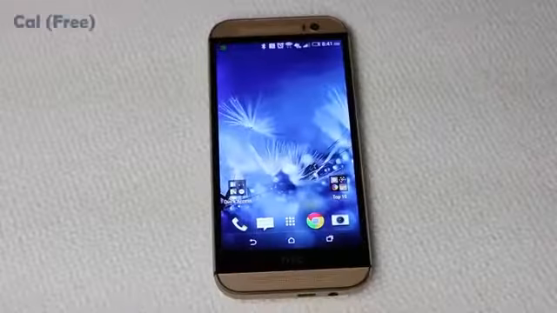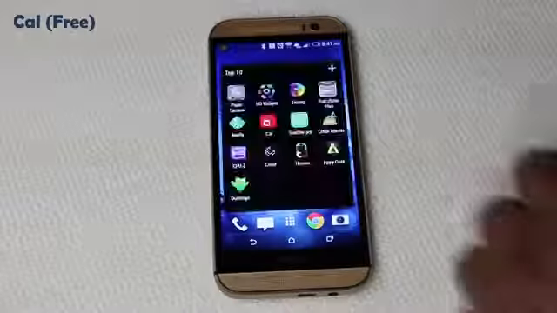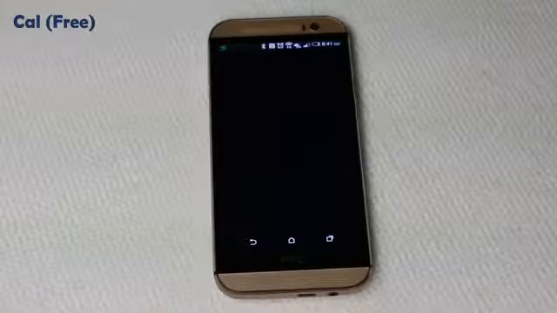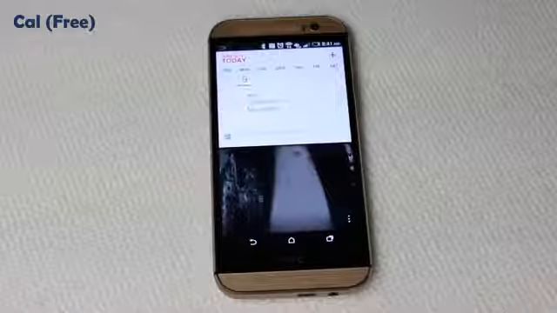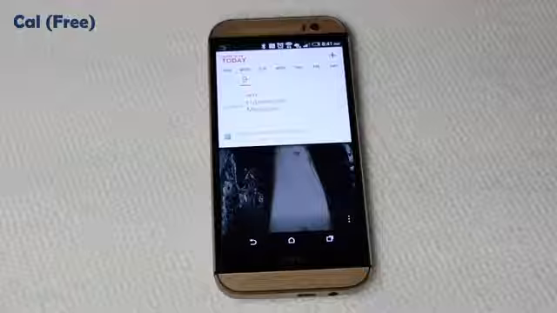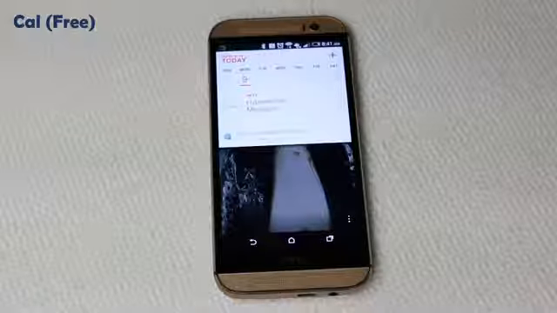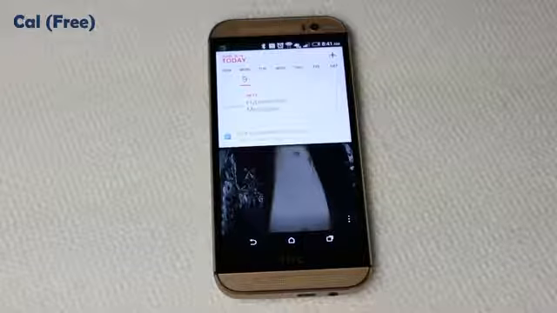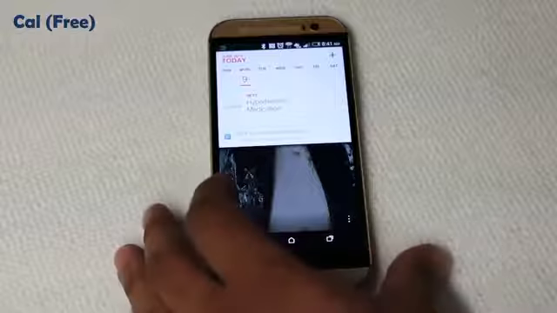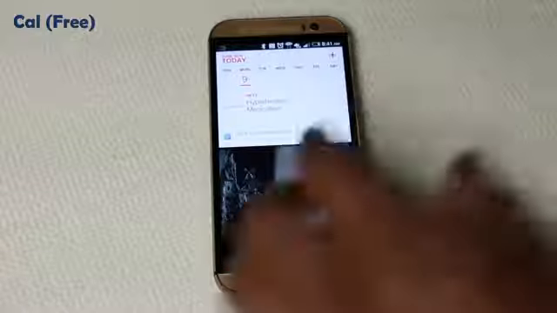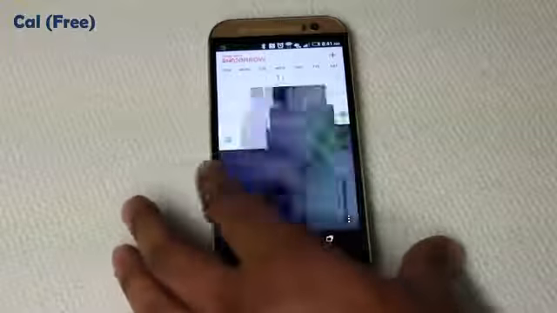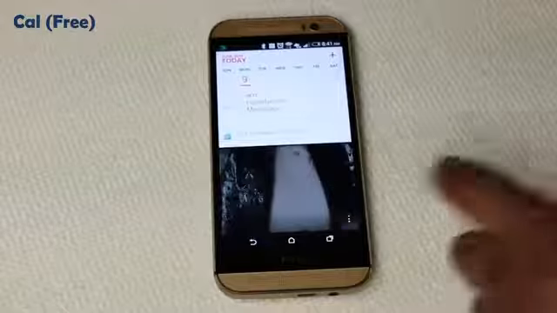Alright, so the next application I want to talk about is called Cal. So this is a calendar application. It's free, and it allows you to use a different calendar instead of your basic calendar that comes with your Android app. Now the thing is, it has a pretty interface, so it gives you a today view. You can swipe over Tuesday, Wednesday, Thursday, Friday. Let's go back to Monday, and then you can go to settings,